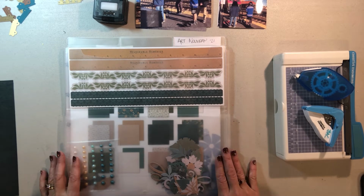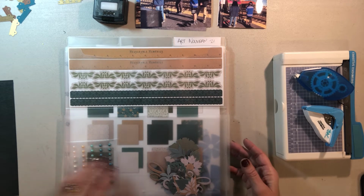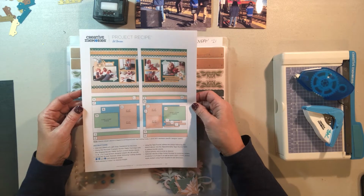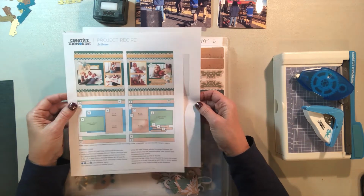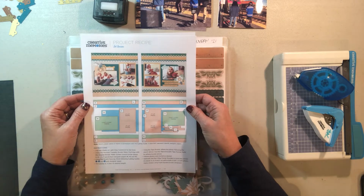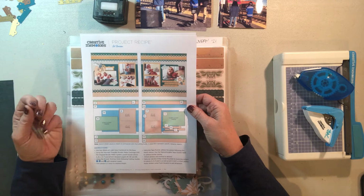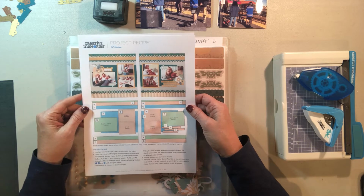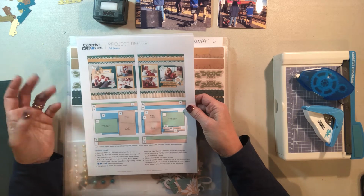So what is a project recipe? A project recipe basically gives you the information to create a double page layout. And we're going to be using today the one that was released for Art Nouveau, which was our mid-January collection release. It's still available and it's one of my favorites, mostly because I really am a fan of the arts and crafts movement that happened sort of in the 1920s and 30s, and these papers really reflect those kinds of designs, a lot of nature kinds of